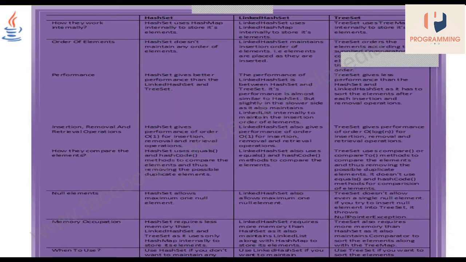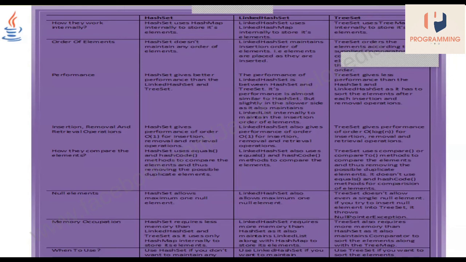Hash set performance is better, but when you want some business logic to be done, we should go to linked hash set and tree set. Now, one null element is allowed in hash set. Here also one null element will be allowed. In tree set, no null element will be allowed.